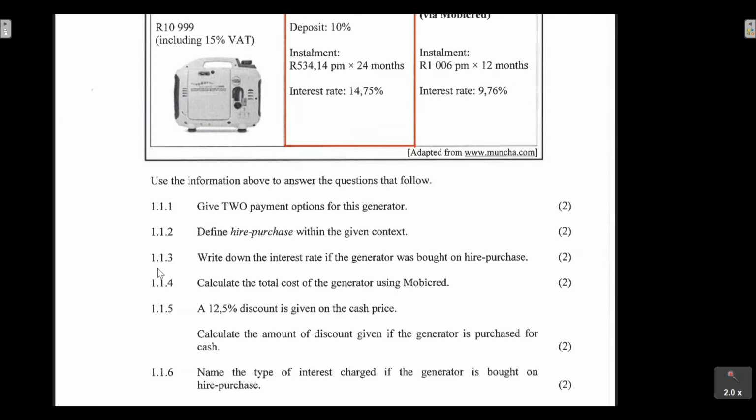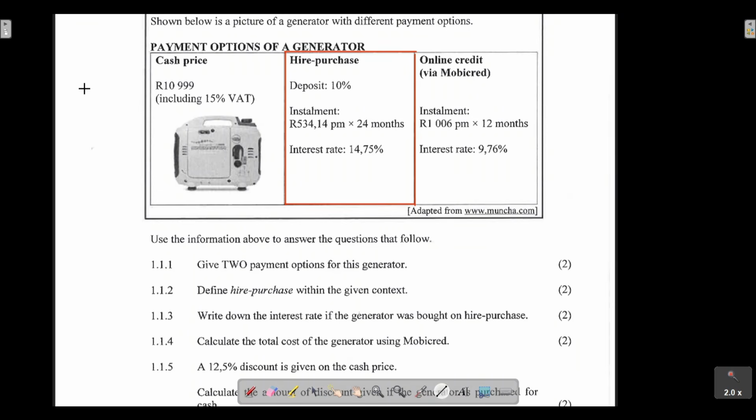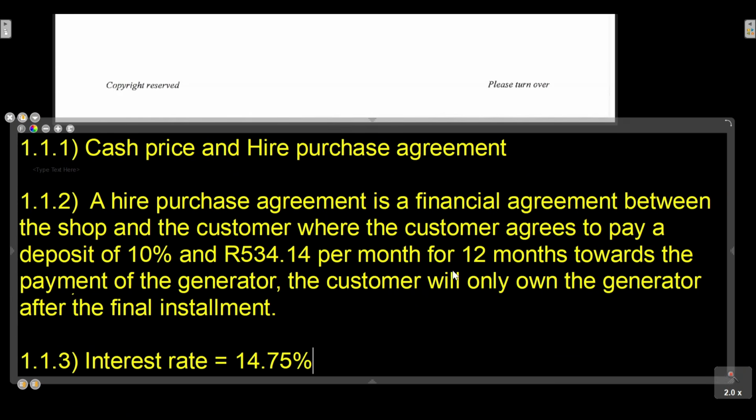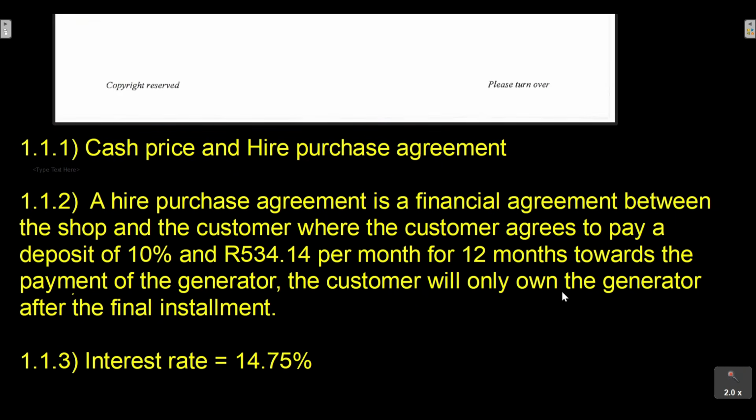Okay, let's go to question 1.1.3. It says, write down the interest rate if the generator was bought on hire purchase. Here, guys, we are literally just interpreting the information that is given to us. Still level 1 questions, very easy. So, what is the interest rate if the generator was bought on hire purchase? Go to hire purchase, we determine the interest rate, and we see that if the generator is bought on hire purchase, the interest rate is 14.75%. So we're going to write that down. If the generator was bought on a hire purchase agreement, the interest rate would be